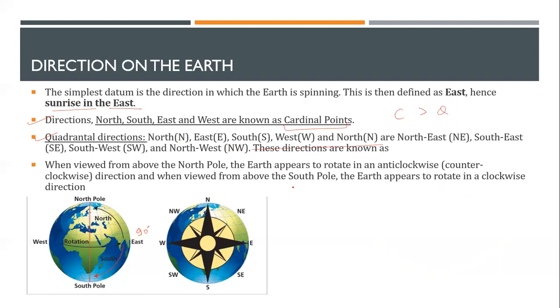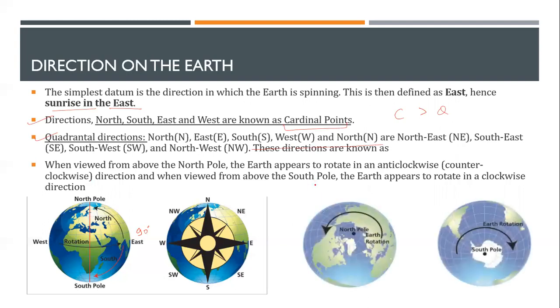Now let's come to the point. After people became intellectual and understood these things, they realized that if I'm an astronaut and I go into outer space, I will see that the Earth is rotating. And the Earth is rotating, from my North Pole, if I look, in an anti-clockwise manner. Okay, opposite to the clock. And if I go to the South Pole, it will rotate in a clockwise manner.